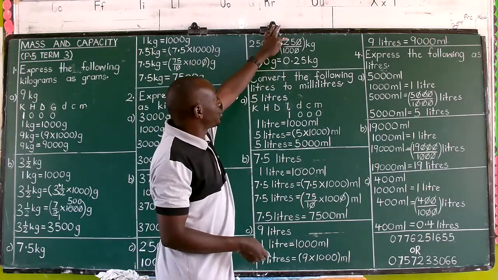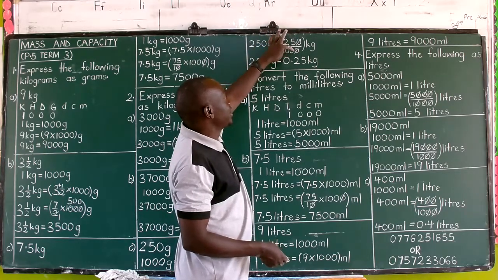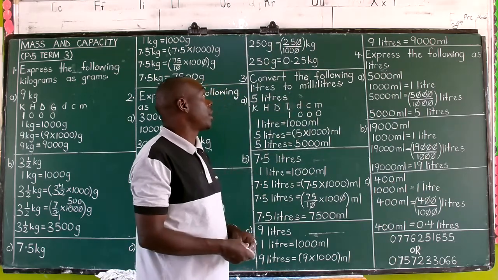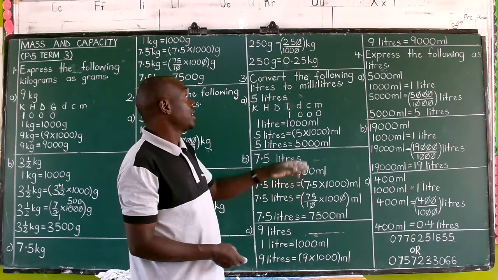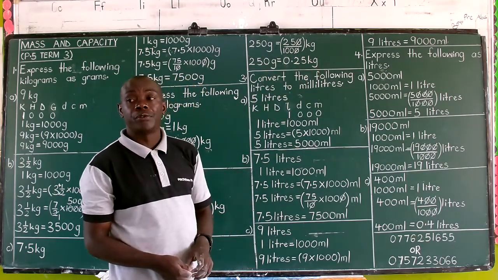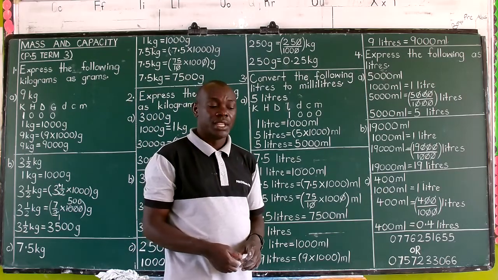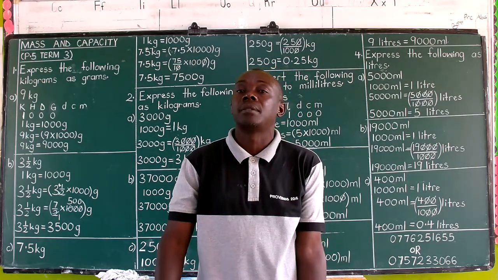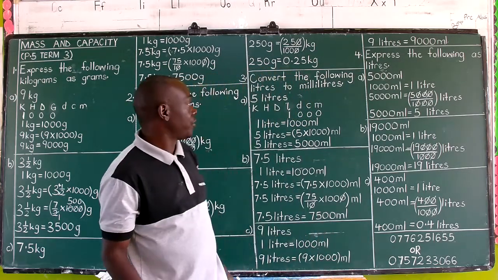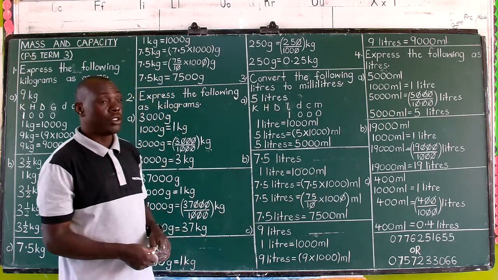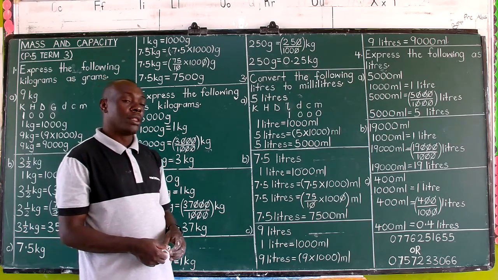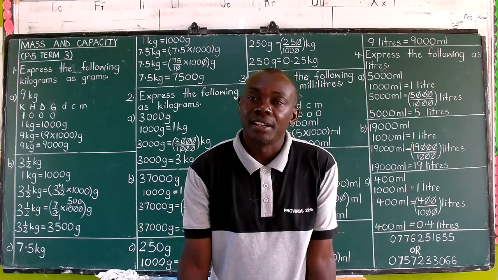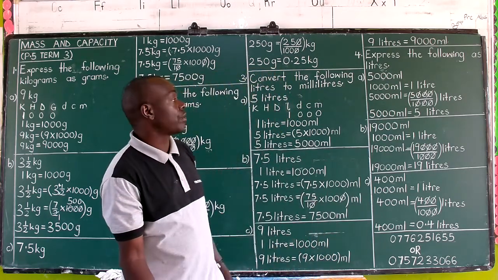Alternatively, we can reduce this one. 25 by 25 is once, and 100 by 25 is 4. You get 1 over 4, which is a quarter of a kilogram. So those two answers are recognized. A quarter of a kilogram or 0.25 kilograms are in 250 grams. So that is the end of the two. 1 over 4, that is a quarter kilogram if you reduce to its lowest term, or 0.25 kilograms if that is your option. So that's how we do those two numbers, converting kilograms to grams and vice versa. That is from grams to kilograms.